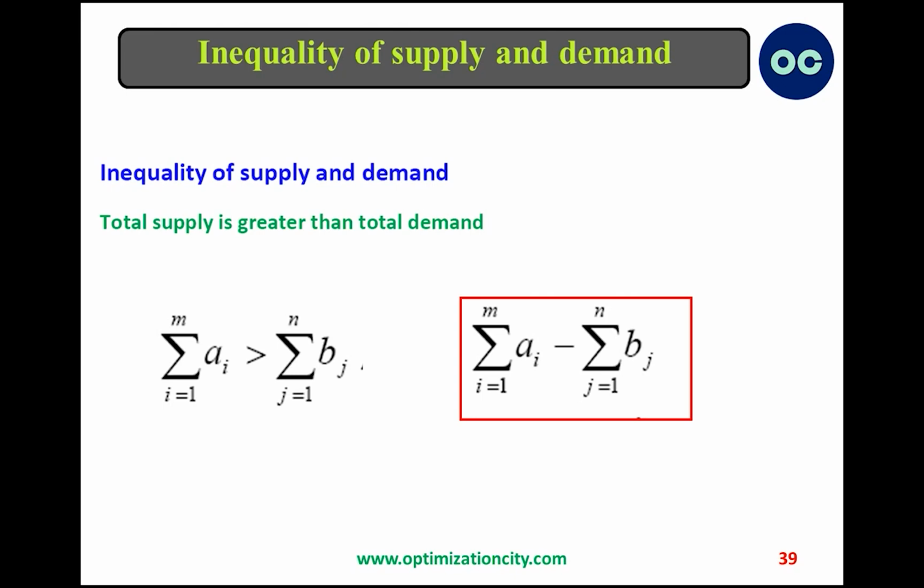When the total supply exceeds the total demand, denoted here, we encounter a situation where additional supply is available. To address this, we introduce a virtual demand node in the transportation table with a demand amount equal to this equation. Since no actual goods are being transported to this virtual node, the transportation costs for each unit are also